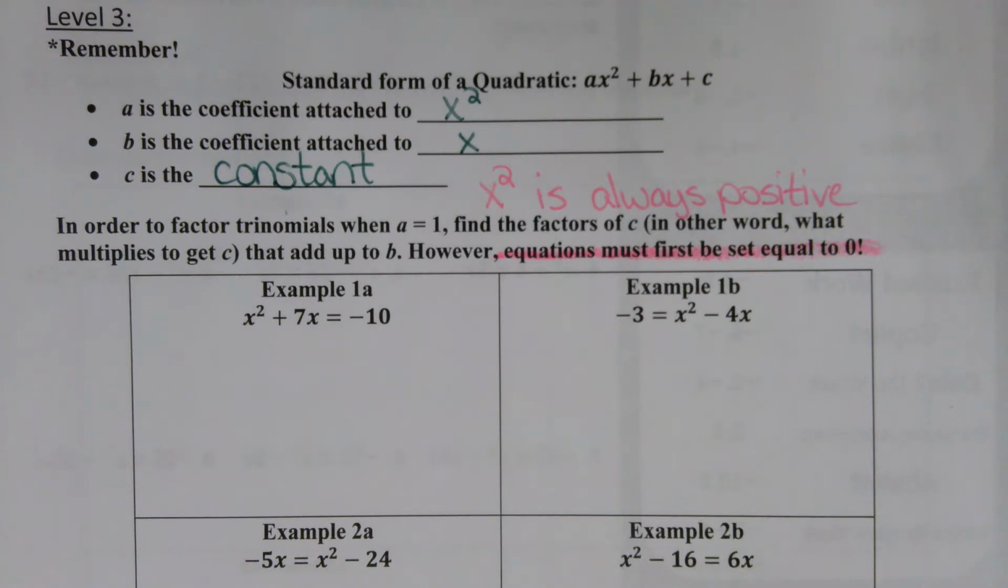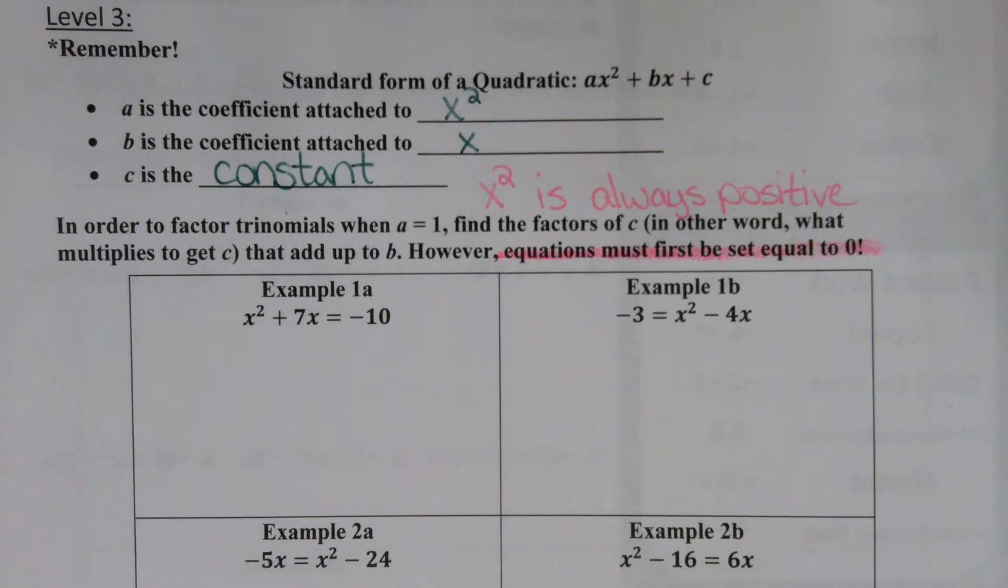Remember, when we are putting in standard form of a quadratic, we have ax squared plus bx plus c. That means that a is attached to the x squared term, b is attached to the x term, and c is the constant, the term that doesn't have a variable. And we have to make sure that all of our equations are set equal to 0 before we are able to solve them. As you are doing this, make sure that your x squared term is always positive, no matter